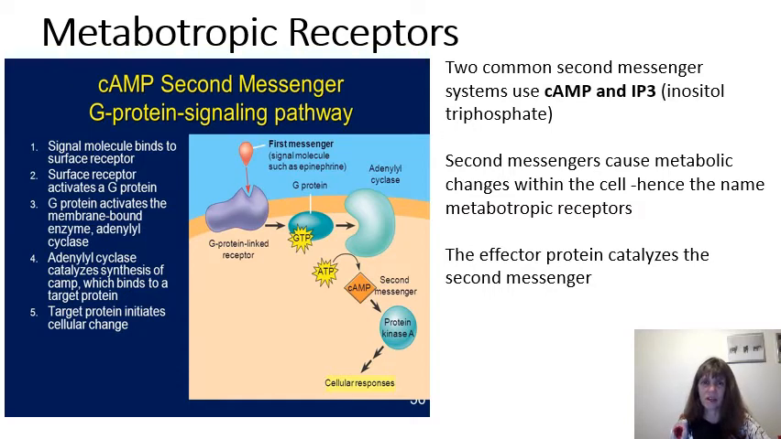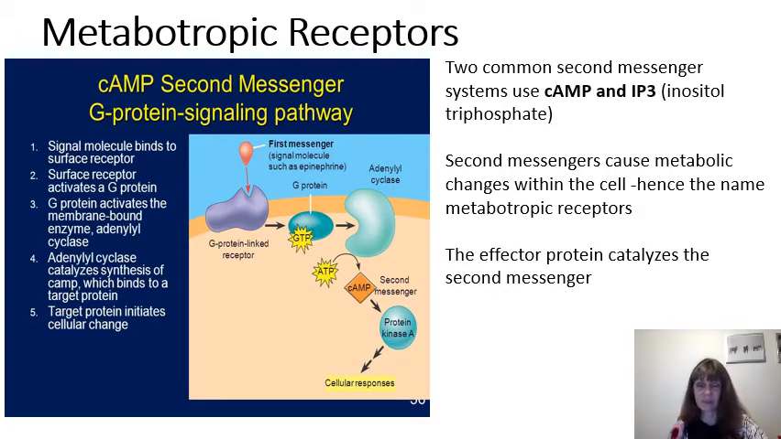Metabotropic receptors are involved in second messenger systems. Second messenger systems have the effect of causing a lot of chemical reactions within the cell. We know that metabolism is the sum of all chemical reactions in the human body, hence the term metabotropic, meaning that there's going to be a lot of chemical reactions as a cause or as an effect of a molecule